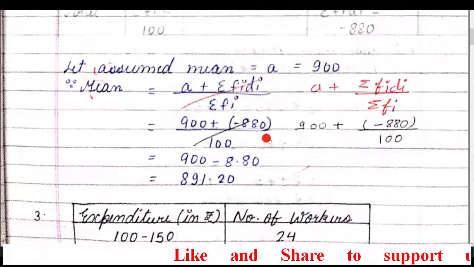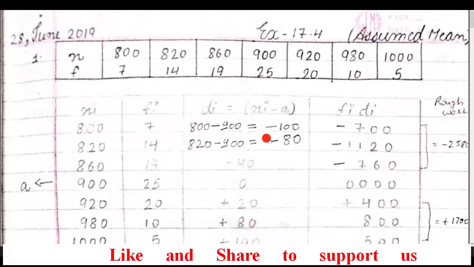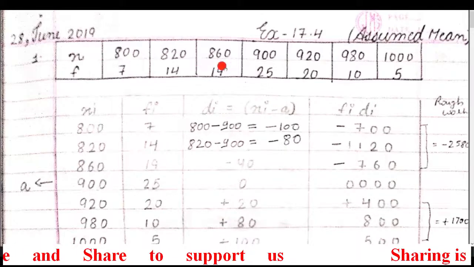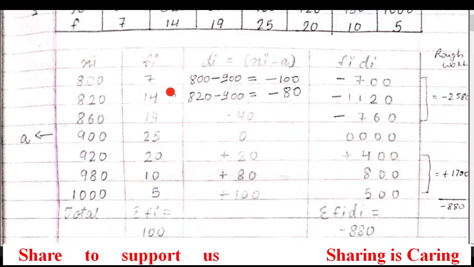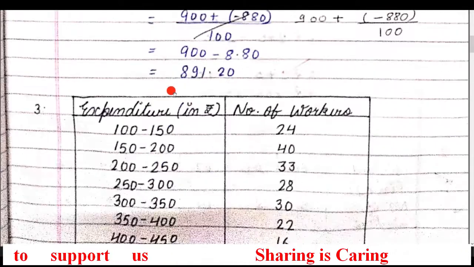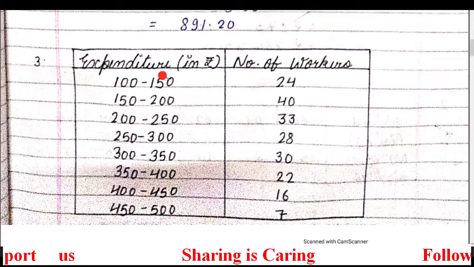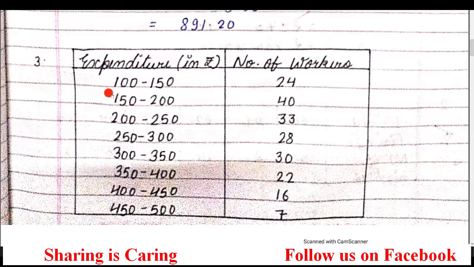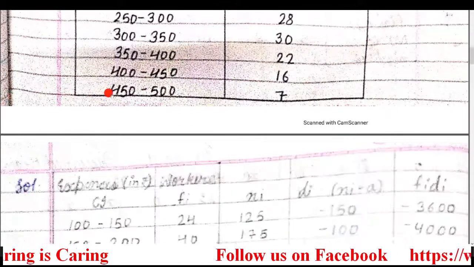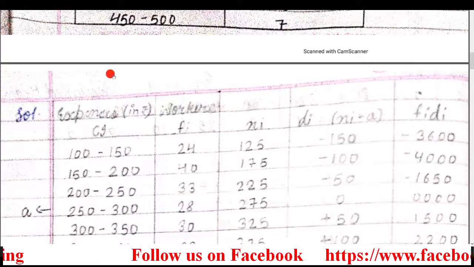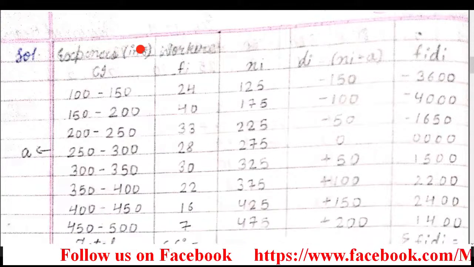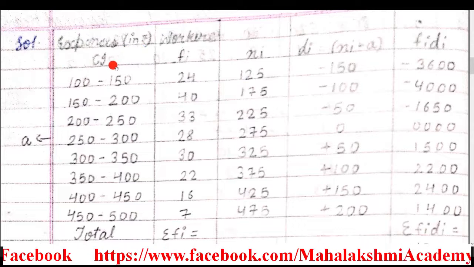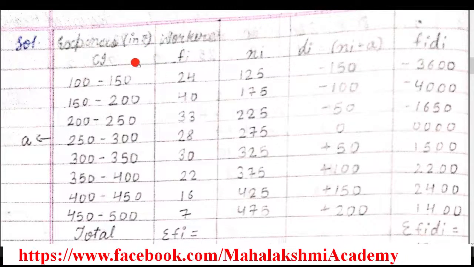Now we'll move to question number third. Question number first is an ungrouped frequency distribution. Just see the table. In this you have only xi, data directly, and then frequency. But in question number third, just see, we have the data in groups and then frequency. So to solve this, the table format is like this. Again we have to find the mean by assumed mean method. So just carefully see the table. The table is going to be like this.